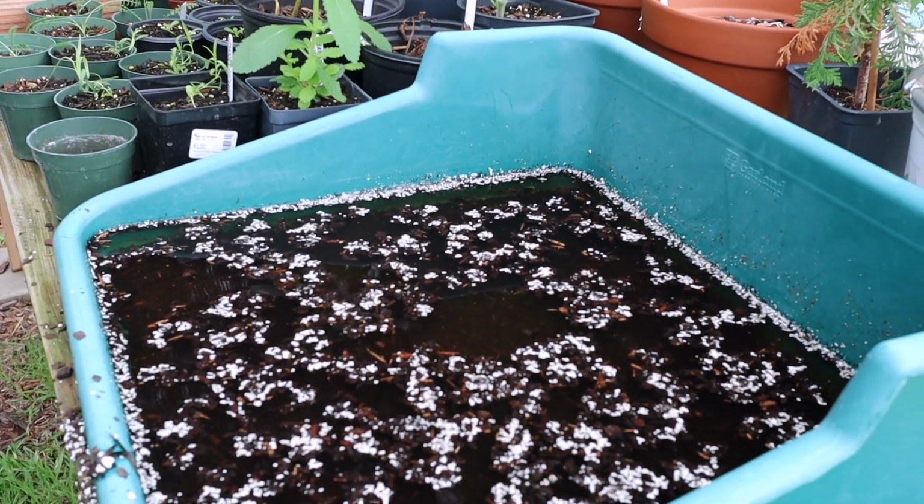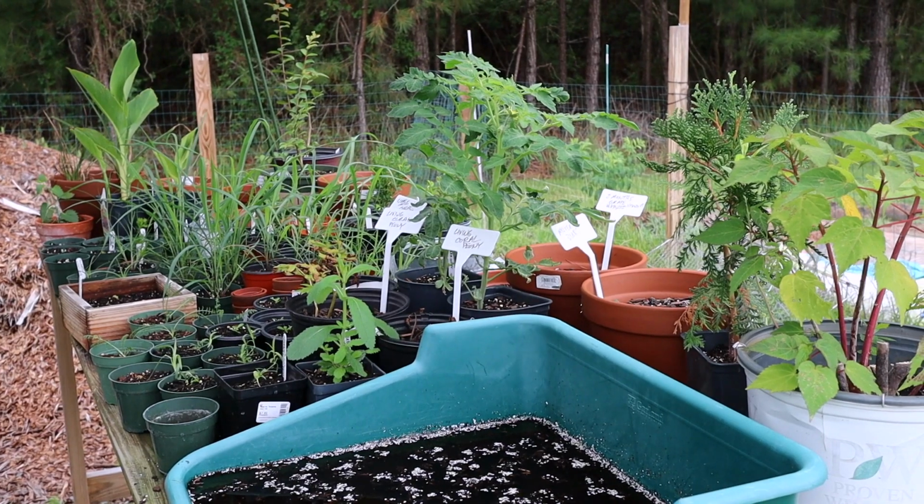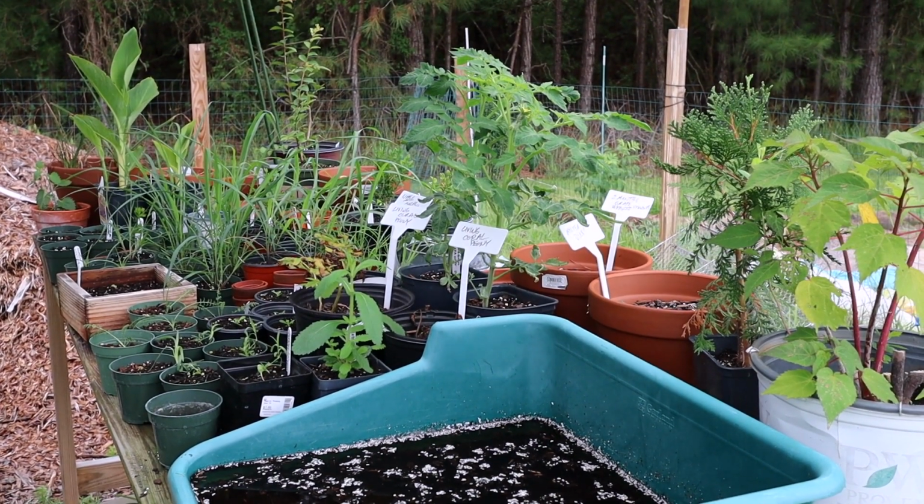I've already emptied that a couple of times. And yeah, stuff is definitely growing here on the potting table. I'm gonna have to take care of this today. And I gotta plant something that I've been meaning to plant, but I haven't planted yet. But I really have to plant it. But first, let me